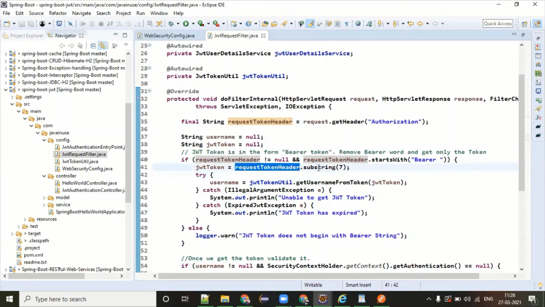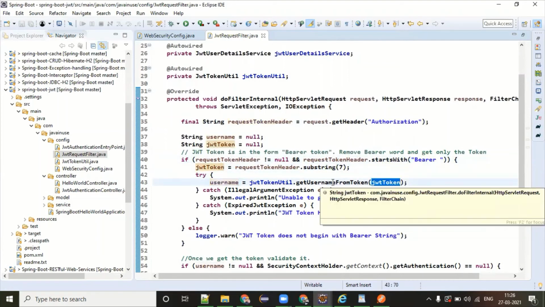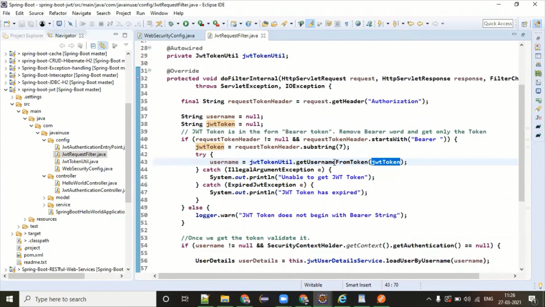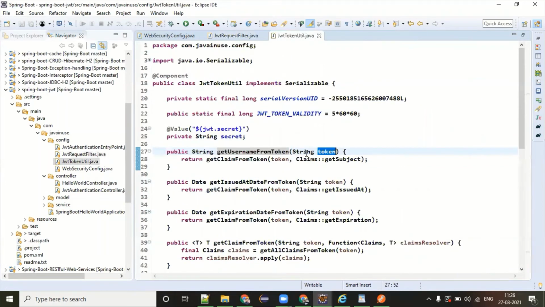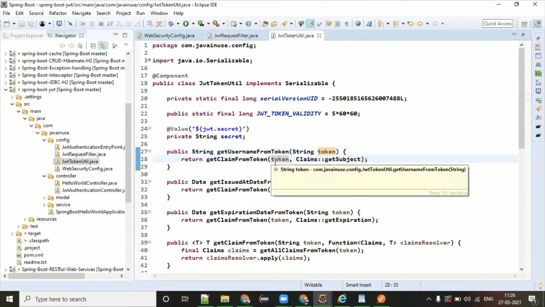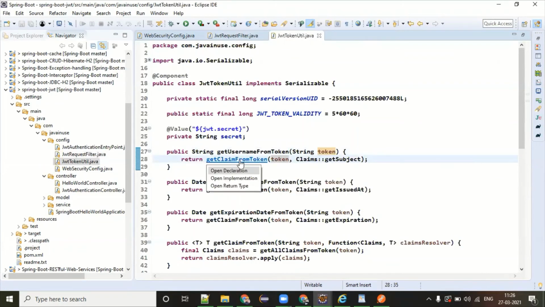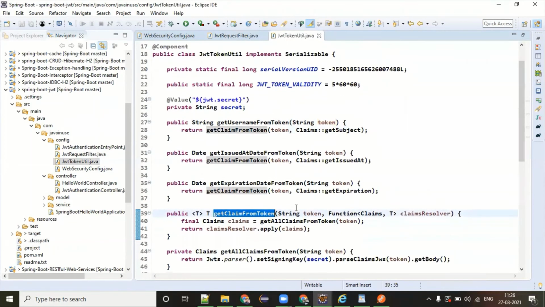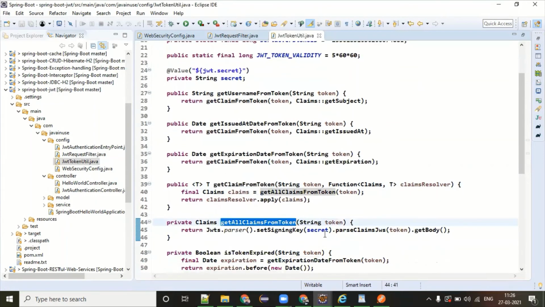So I'm saying request token substring 7, which means remove this Bearer part, and after that take the token, whatever token you have given. I'm going to get the user from the token. So I will be calling one utility class. I'm saying, hey, I have this token, can you give me the user for this token? It is going to call this getClaimFromToken. This is saying get all claims for this token. It is going to this method, which takes the secret key and all these things, get body.